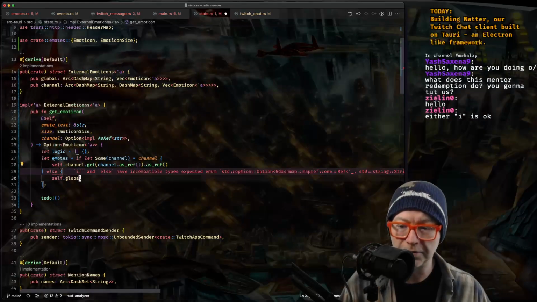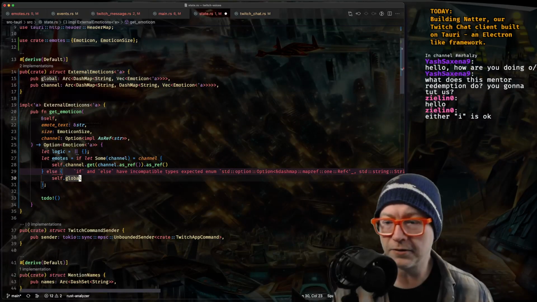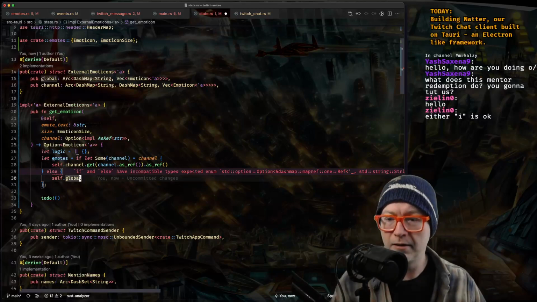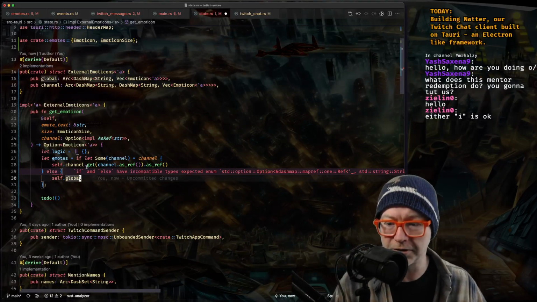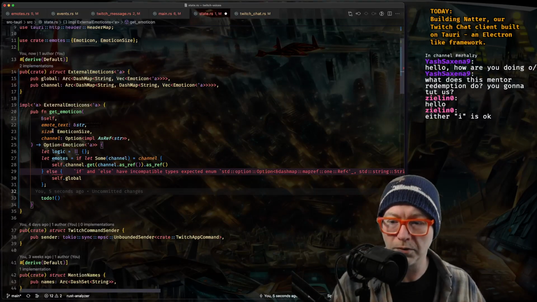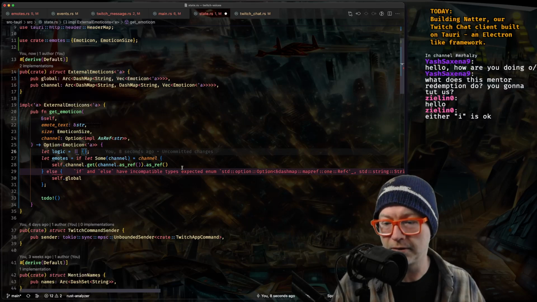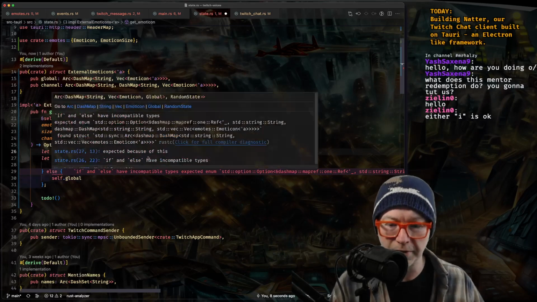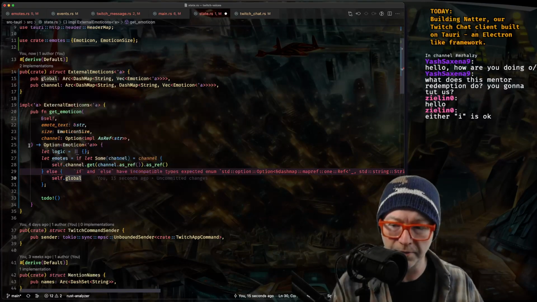And then when we get a reference to our different channels, our different lists of emoticons, we execute on that. Or how else could we do it? We could try to unroll these type incompatibilities. I don't know if that's worth it though.